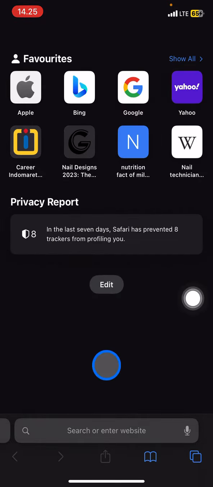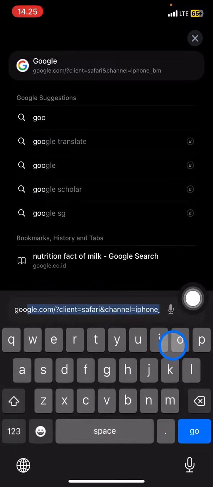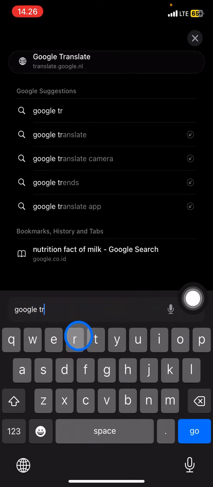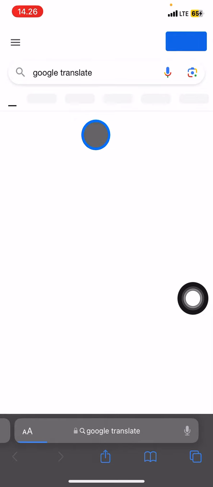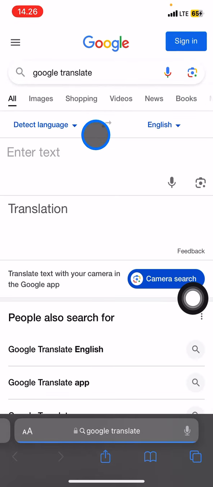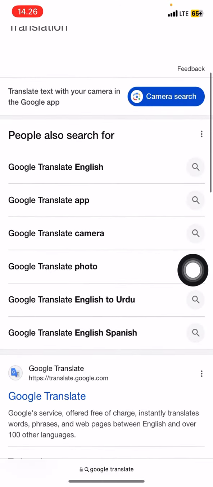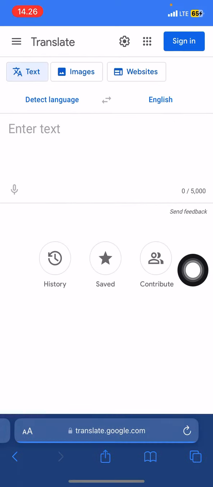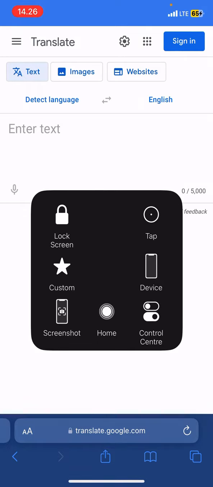Here I would like to try with Google Translate. Whenever I need to translate with Google Translate, I can right away access the website without having to type the website into the browser. So you just need to open the website, and the next thing you need to do is